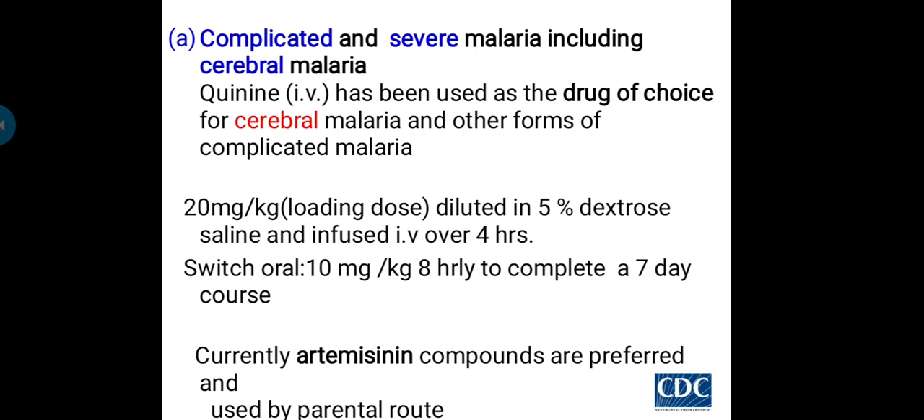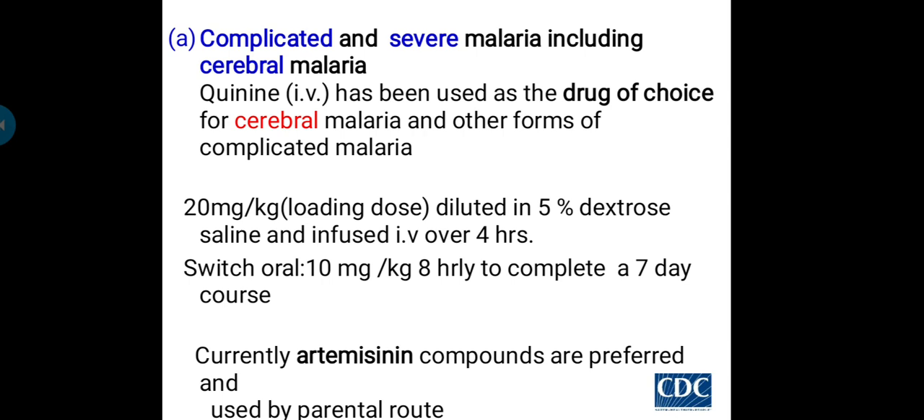20 mg per kg loading dose, diluted in 5% dextrose. So 5% dextrose is to prevent the development of the hypoglycemia. It is infused IV over 4 hours, and this should be continued, given every 8 hours. So 20 mg per kg loading dose should be completed within 4 hours. After that, we give a gap of 4 hours, and then we continue 10 mg per kg dose for every